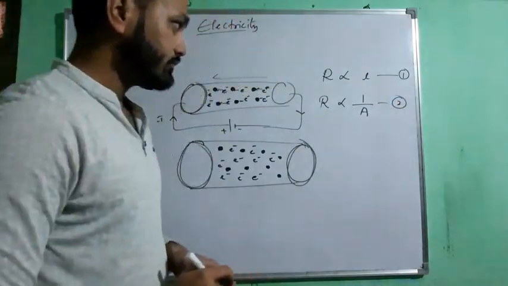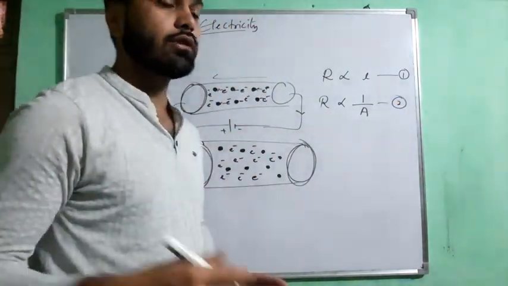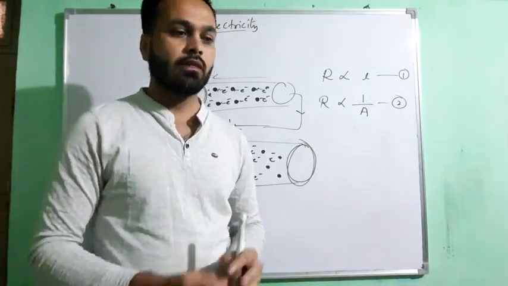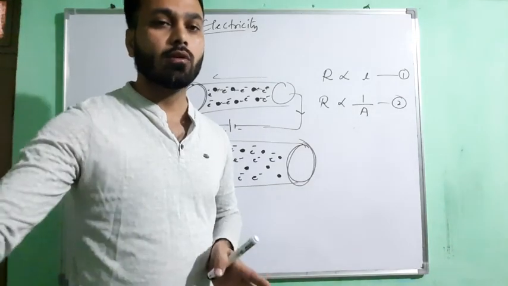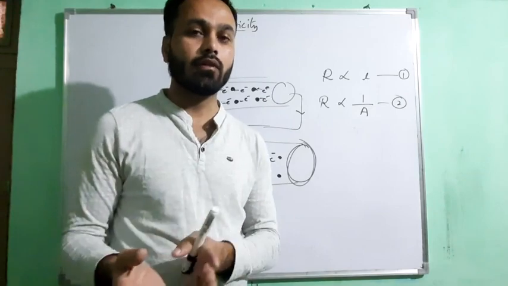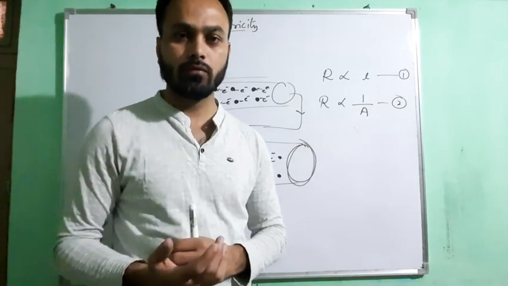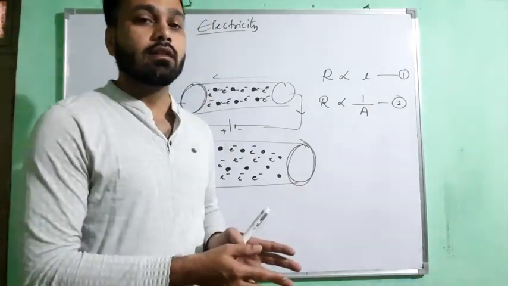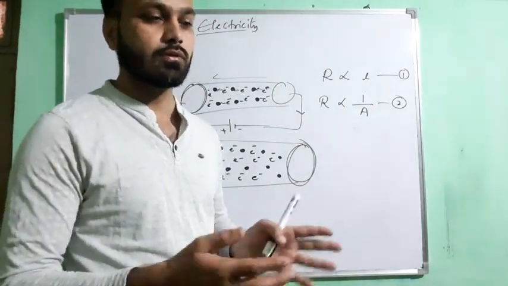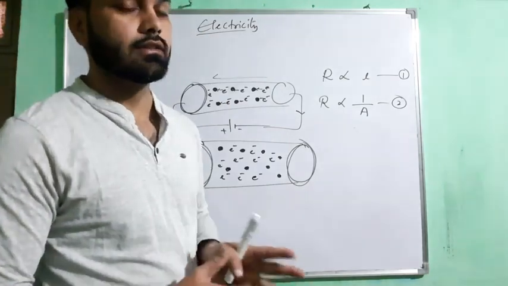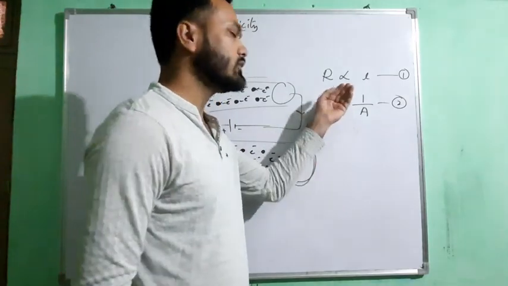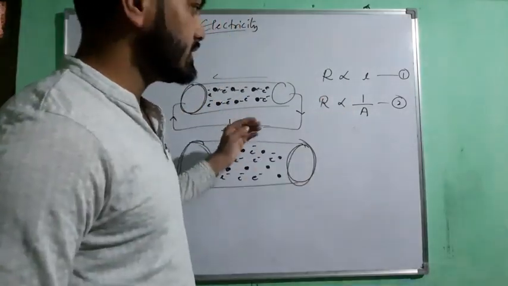Now, you can also connect this to the example I was giving here. Like we have two roads. One is very narrow, the other one is very broad. Obviously in the broader road the traffic will be less and people can move easily, whereas in the narrow road, with the same number of people, the traffic will be more because of the size. So the resistance will be more, we can say. The same thing you can connect here. Anyhow, these are the two factors on which the resistance depends.